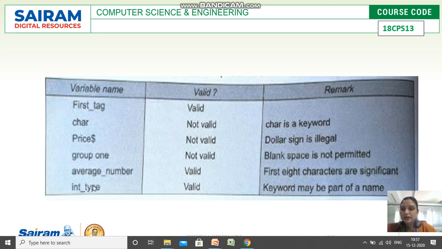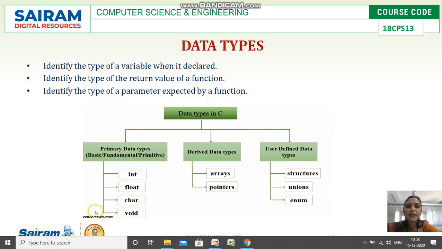Int underscore type is also valid because, although int is a keyword, along with int we still have other characters, so the entire thing is considered valid. If we were giving only int as a variable name, then it would not be a valid variable name.